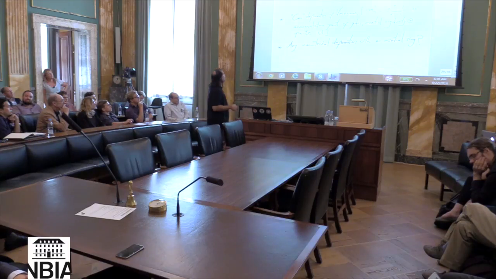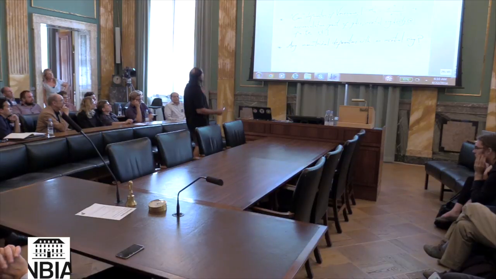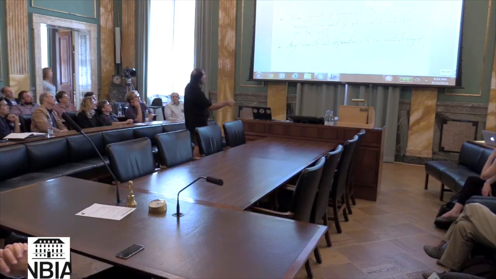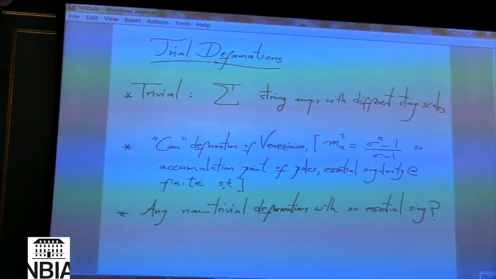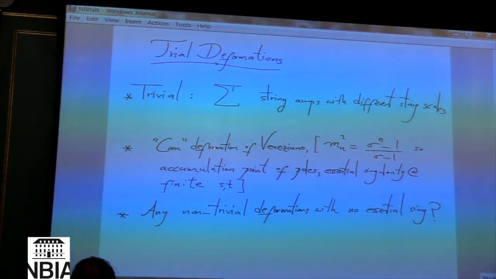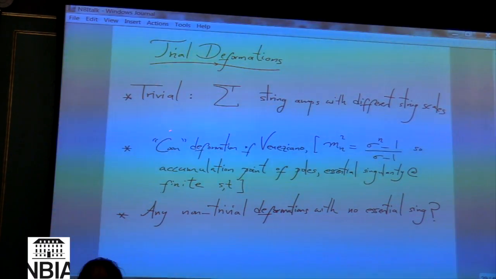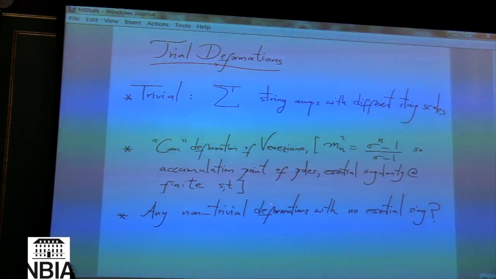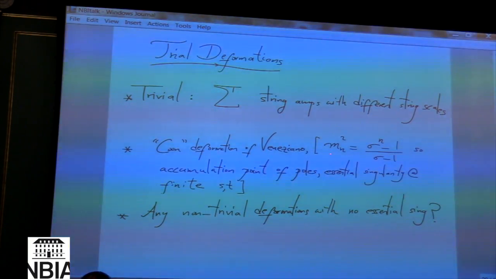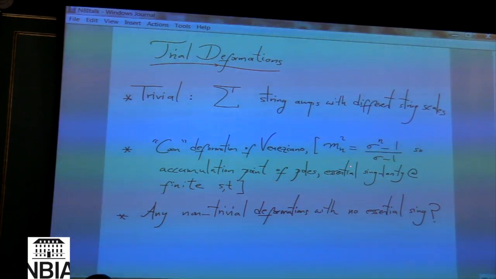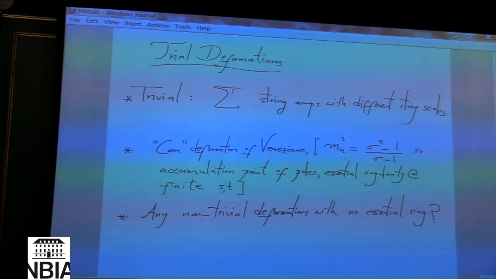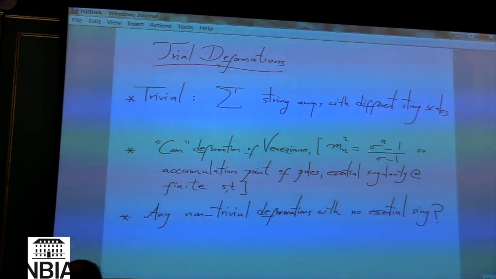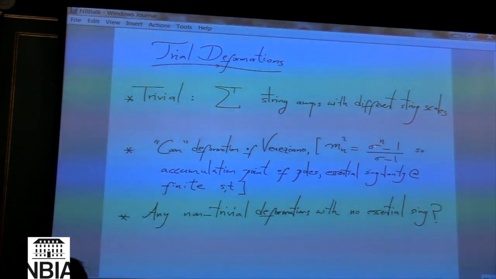Now we can ask about deformations. Can we have other amplitudes? There's a totally trivial one that you can have where you sum over string amplitudes with different string scales. There's nothing wrong with that. There is a strange deformation of the Veneziano amplitude that was written down by Kuhn in the late 60s, maybe very early 70s, which is a straightforward deformation of the Veneziano amplitude where the spectrum isn't linear but is replaced by that interesting spectrum itself, which, as you see, sigma is some number